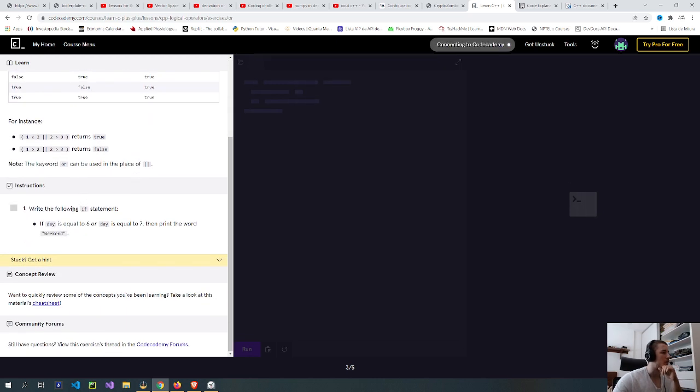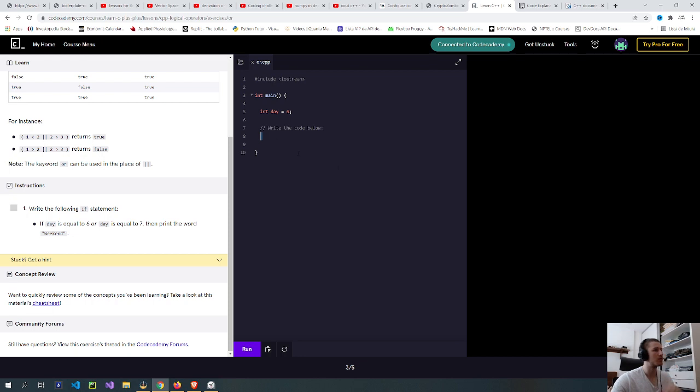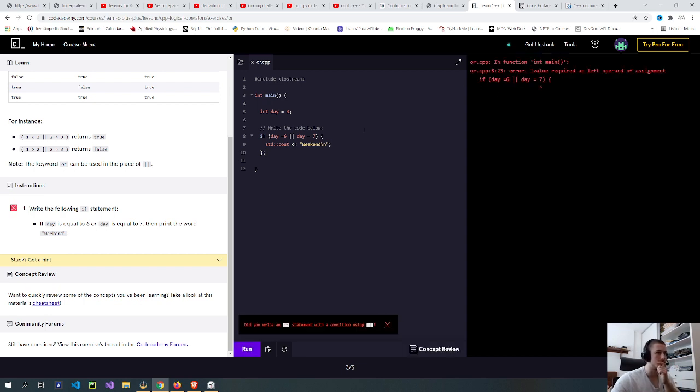Now the OR operator, write the following if statements. If day is equal to 6, or day equals to 7, we can't. Yeah, no terminal here as well.